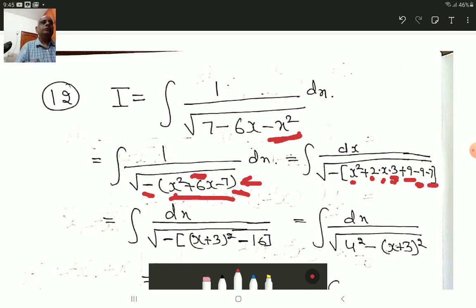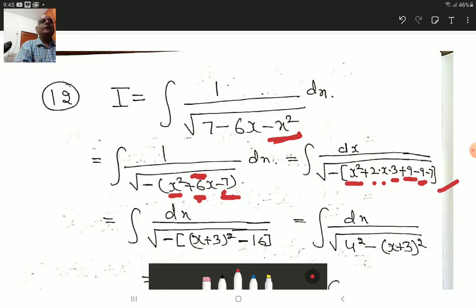I repeat once again, slowly try to understand. This is x square. I am just erasing it first so that things become a bit clearer. Explain it once again. This is x square, so it is x square plus 2 you must write, into x you must write, into half the coefficient of x, which is by chance 6 here, so its half will be 3. So now it has taken the shape a square plus 2ab. So who is b? 3. So plus we should have b square, that is 3 square, 9. But actually there is no 9 here, so I will have to subtract it in order to compensate. Minus 7 was already there, so that will also be written.